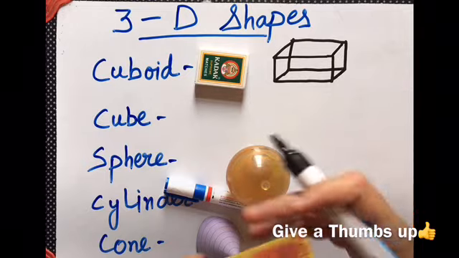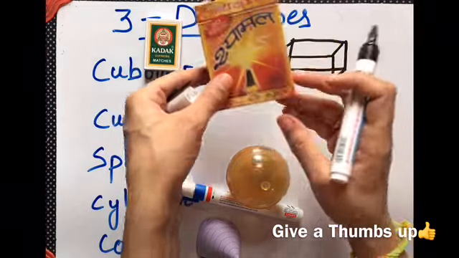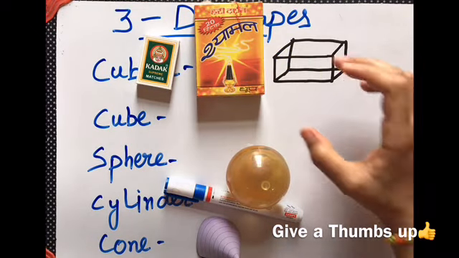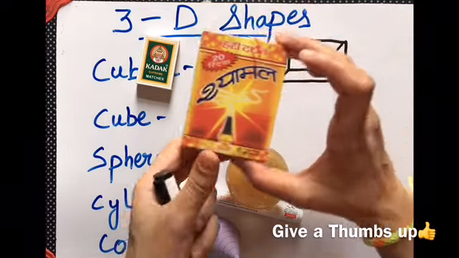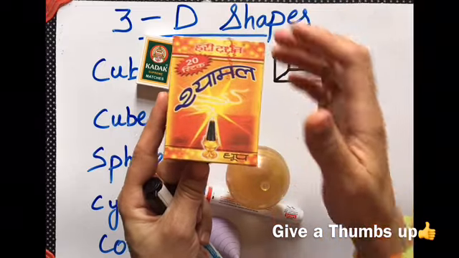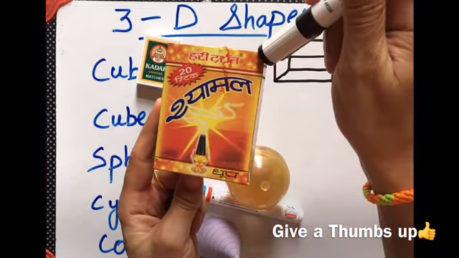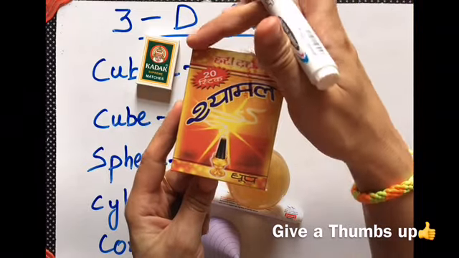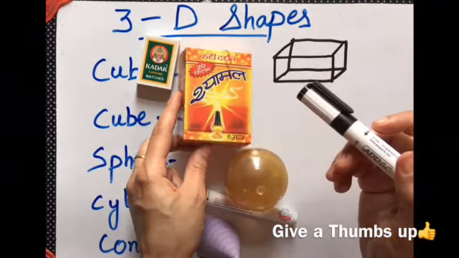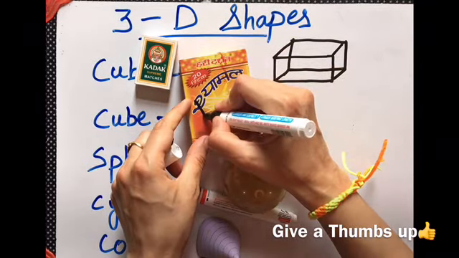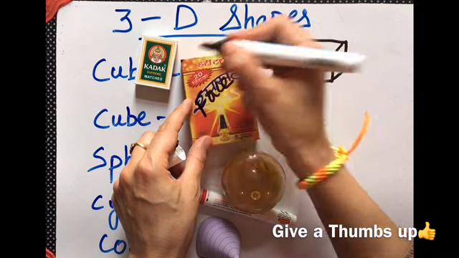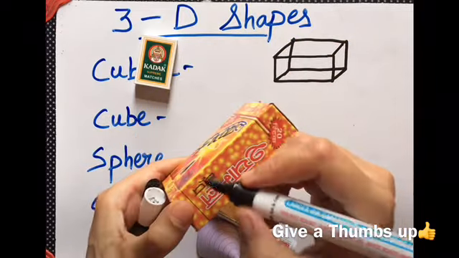As you can see in front of you, this is a matchbox, this is another box. These two are examples that you can check out in the case of the cuboid. Now if you see the top view of this, it is a rectangle. Fine. So these are the corners. These corners we call vertices, and these flat surfaces are called faces. What do we call them? Face. So this is a face, and these corners are called vertices, and this is also a face.